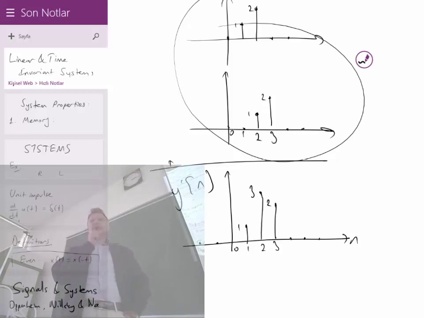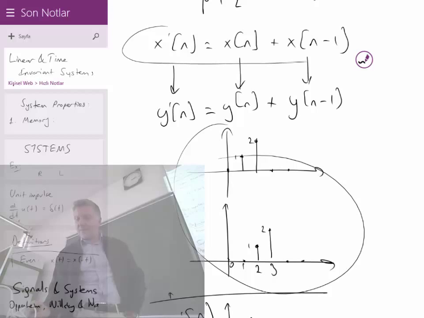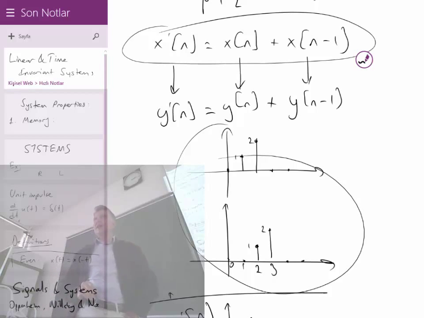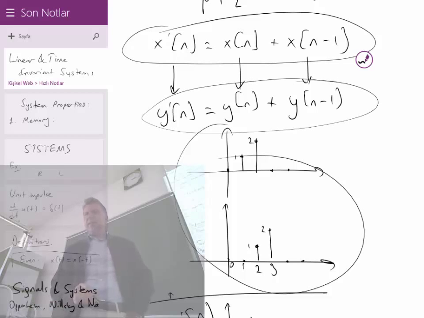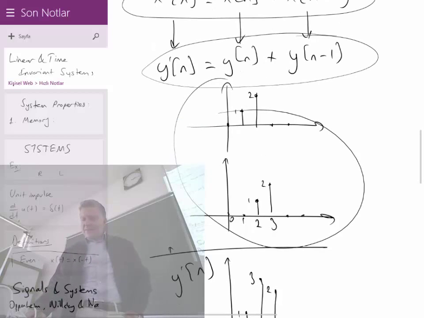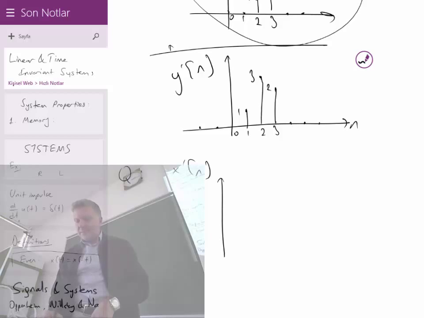So linear and time invariant systems help us to write these equations. If the input is a combination of some known inputs, and by known inputs I mean the responses are known, then I can just combine the individual responses by shifting, probably by scaling too. Let's have a different question from the same input output. This time x prime of n is given like this: